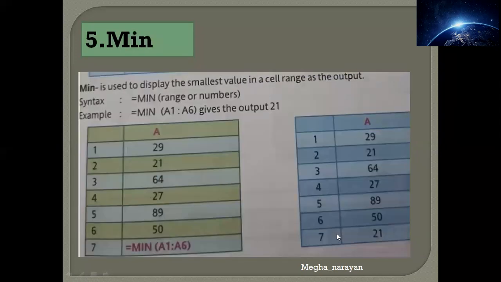Great. So moving to the next one, the fifth one, or you can say the second last one, involves the function known as MIN. Min stands for minimum. Max stands for maximum, min stands for minimum. Thus, the way of writing is yet again the same: equals to, because it's a formula again, then the function name, and these are the arguments. Considering A1 colon A6, all of them together, and thus getting you the result as the minimum. Which one is the minimum value here? That is 21. So 21 had been printed over here.